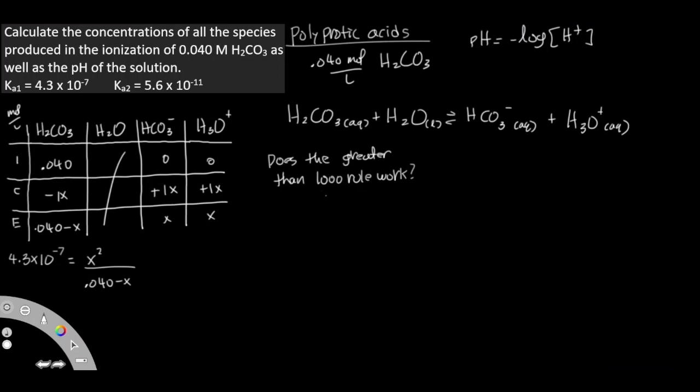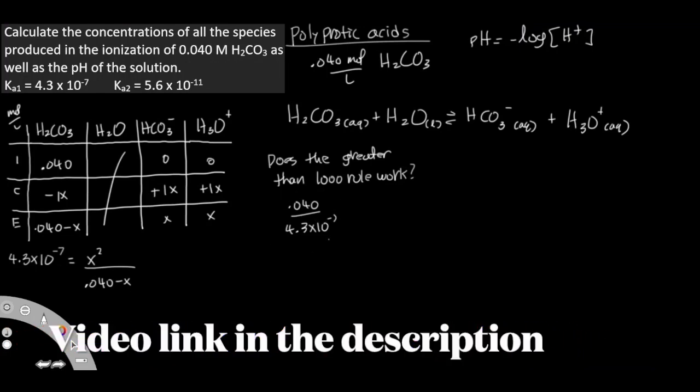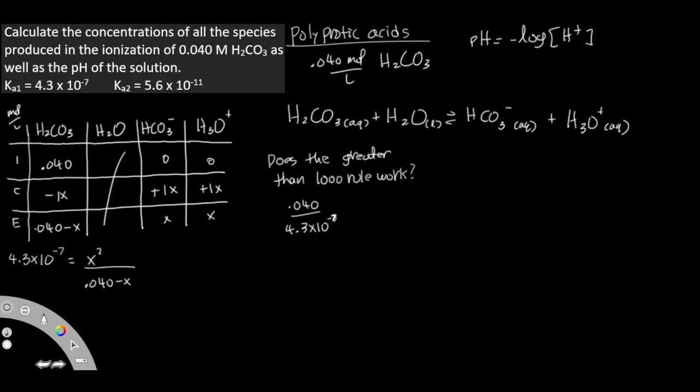Well, let's have a look. We have our 0.040 moles per liter. We're going to be dividing it by our Ka value of 4.3 times 10 to the negative 7. Again, if you have no idea why we're doing this, see the video link in the description about the greater than 1,000 rule. So this is, again, times 10 to the negative 7 over here. And then we just divide them. What do you end up getting? I'm getting 93,023.26. That means this Ka value is so small,